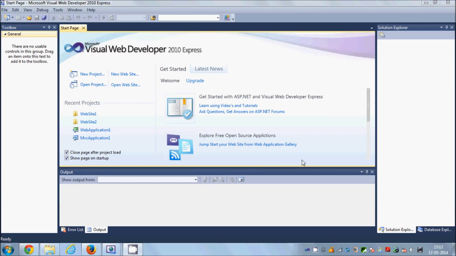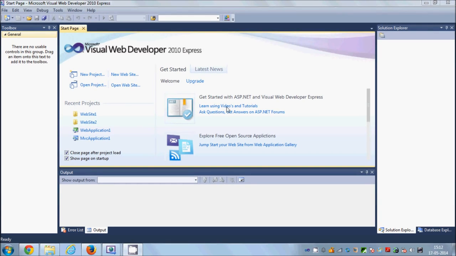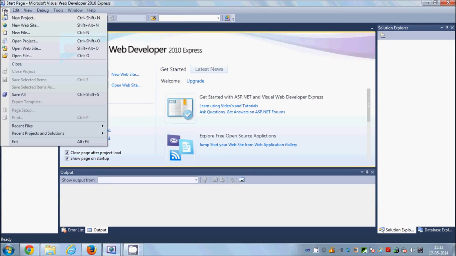Now how we can create a website using ASP.NET and Visual Studio. So in this Visual Studio IDE, you just need to go to this file tab here and just click new project. So by clicking this new project you can develop other applications or web applications using ASP.NET, but what we are interested in right now is to create a website. So we will say new website. So just skip this option and go to new website here,